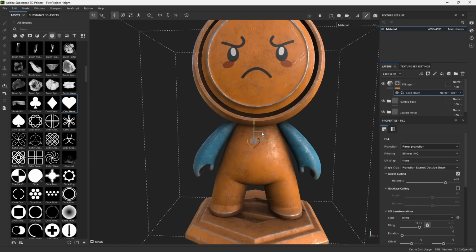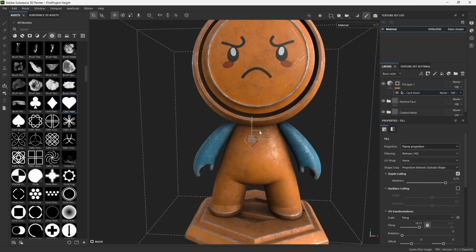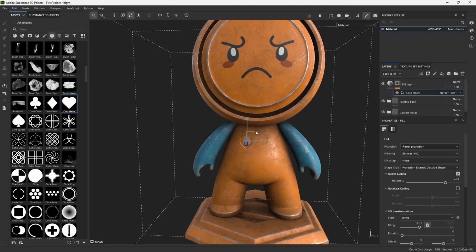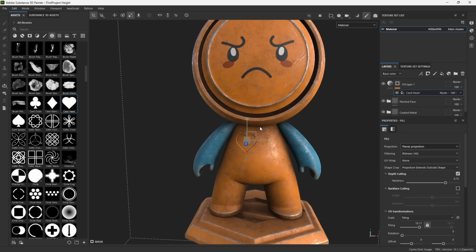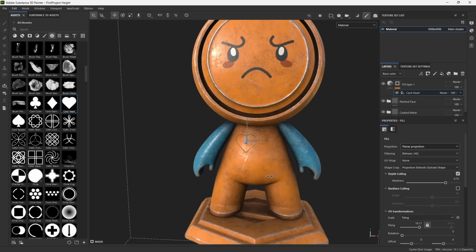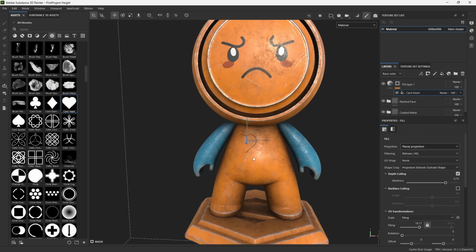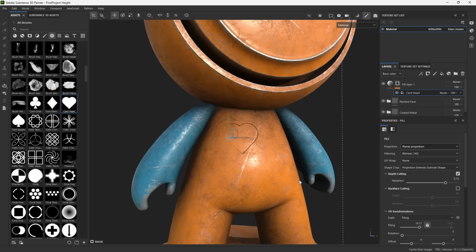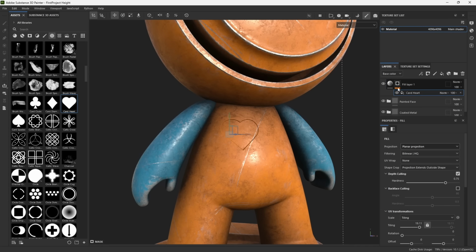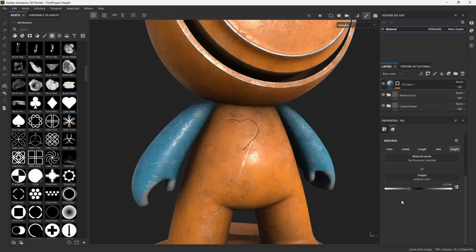Now I can move my heart around and let's place it right here. Also increase the size just a bit, like that. When I move my light around, we can see that the heart's shadows are changing. Zooming in right now, I can change the depth of this heart by selecting the layer again and playing with